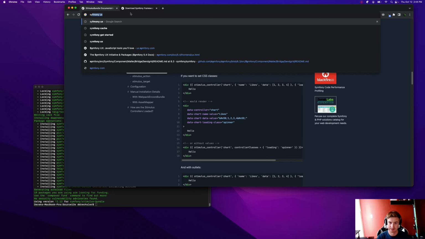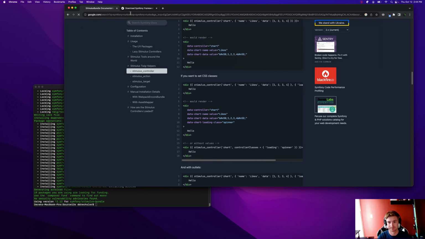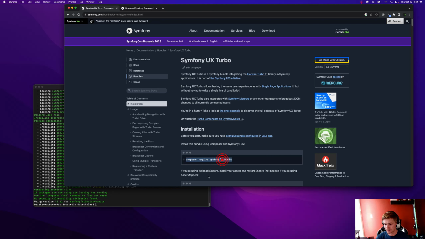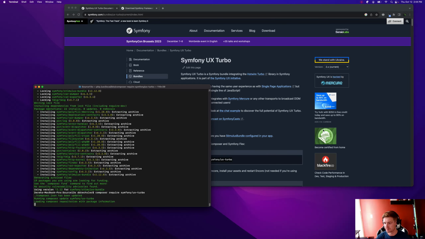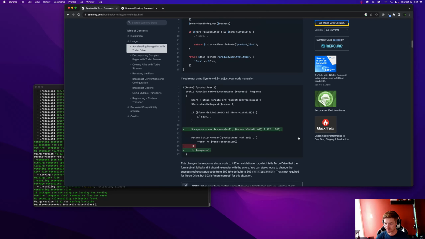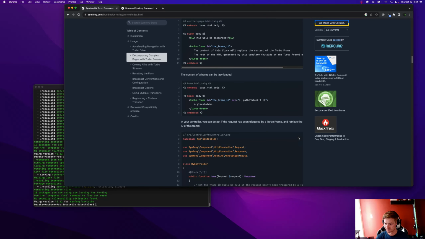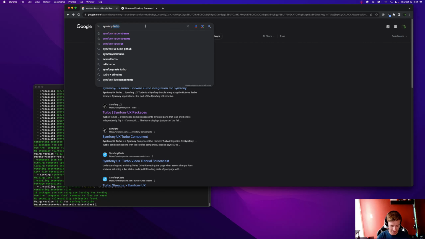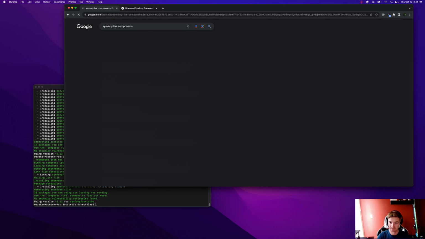Symfony Turbo. UX Turbo, there we go. That'll have Turbo Drive, Turbo Frames, all that stuff. Then we're going to do live components,